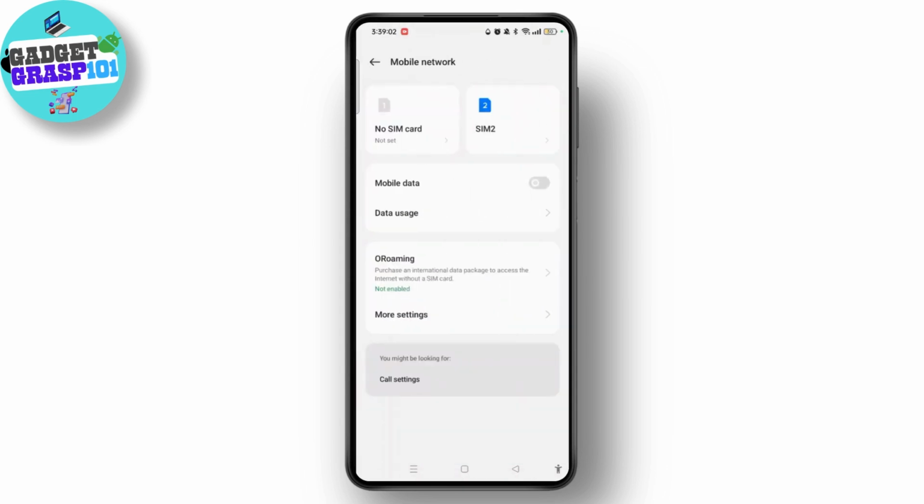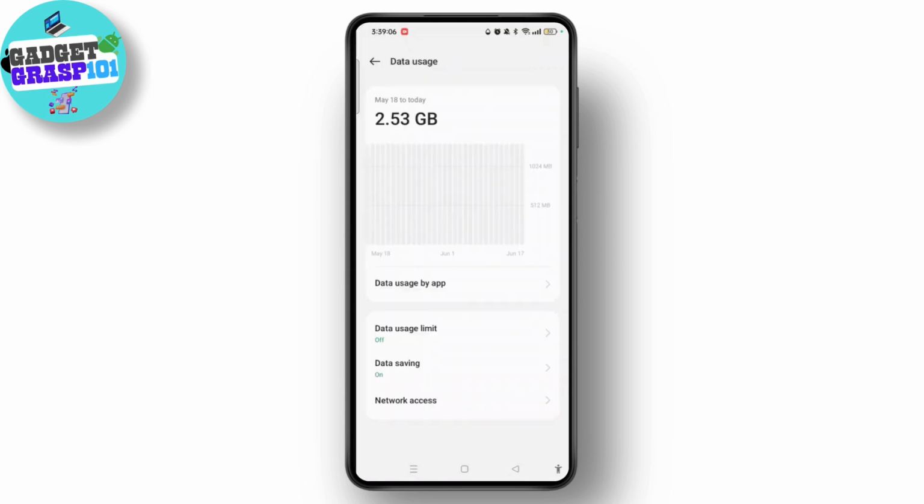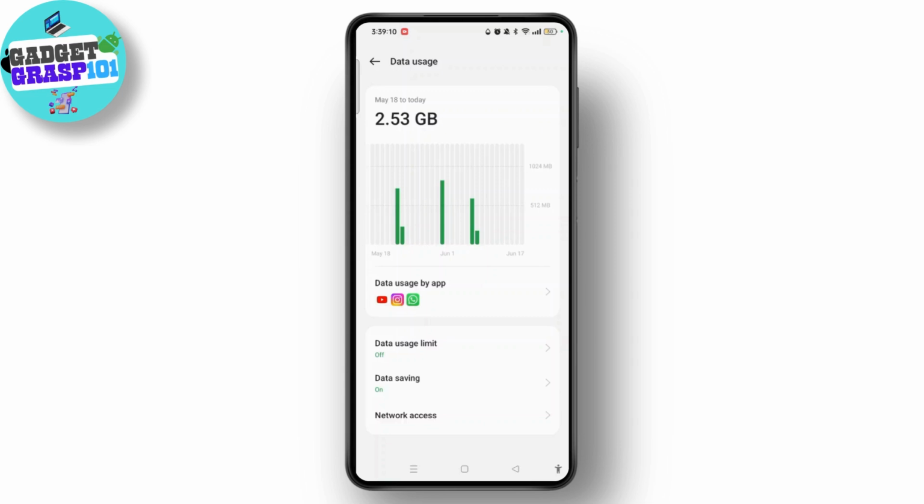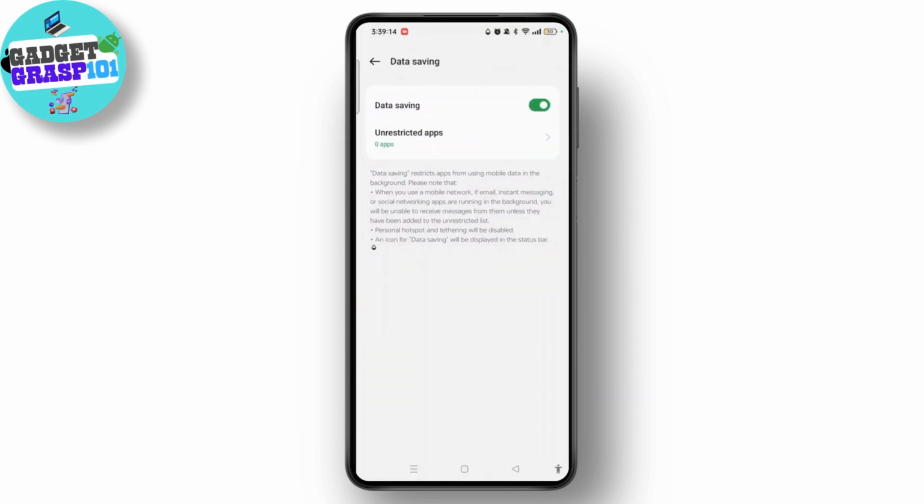So here you will see the option of data usage. Let's open the data usage option, and here are multiple options, but here we can see the data saving option. Just open it, and we have turned on data saving. As we can all see here, if we turn on data saving, personal hotspot and tethering will be